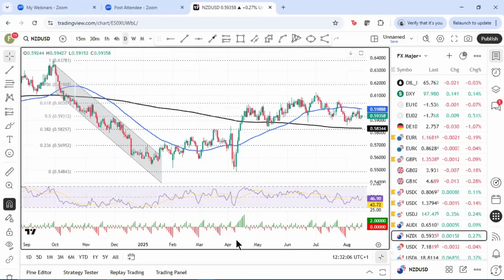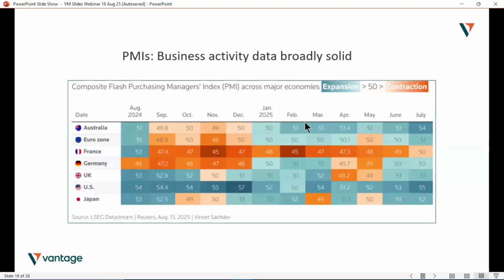Okay, just quickly then, we'll look at the PMI data as well, which is here. There's a really good matrix from Reuters, which you can see here. PMI data, basically business surveys, can show economic trends months before they appear in the official data. Potentially they'll offer clues about whether US tariffs are driving the world's biggest economies towards stagflation, so slower growth and higher inflation, or whether growth momentum is still continuing despite higher prices.